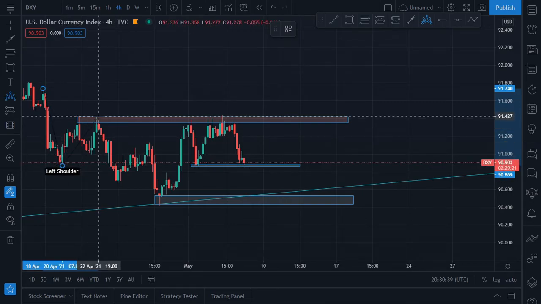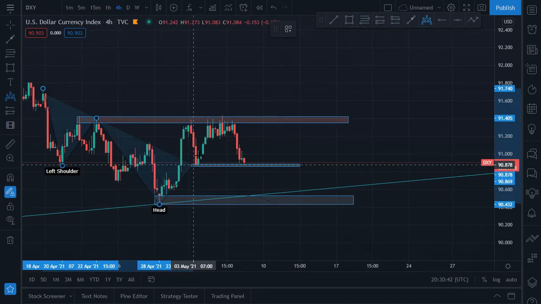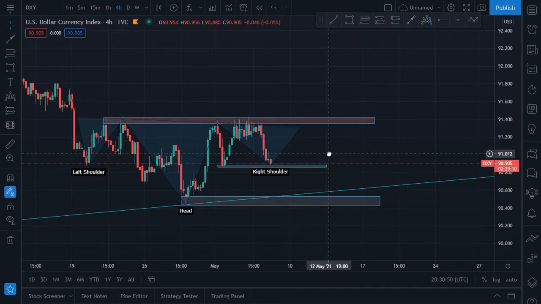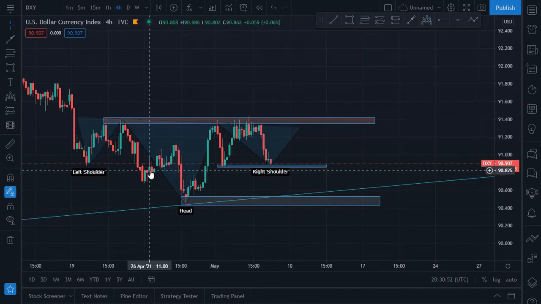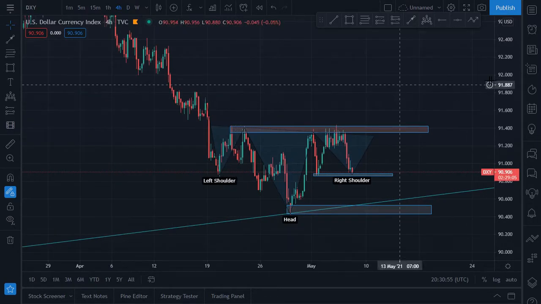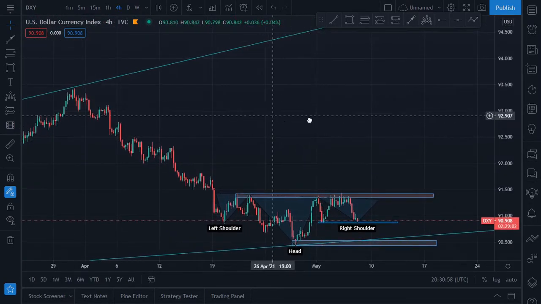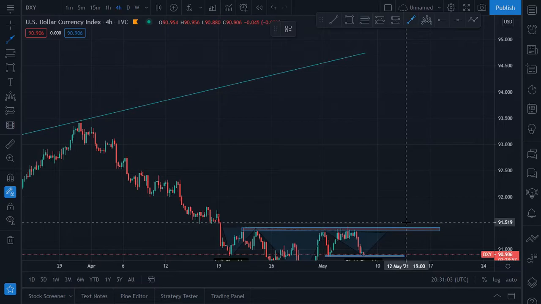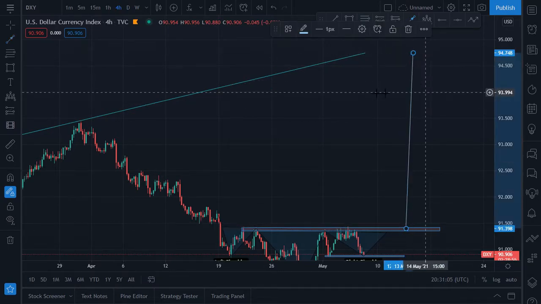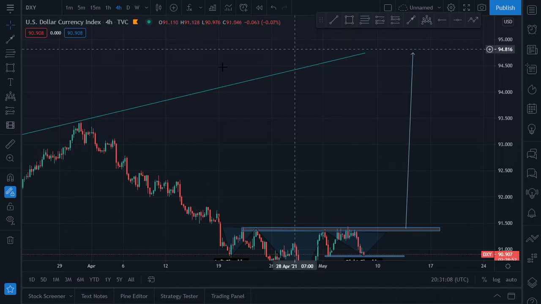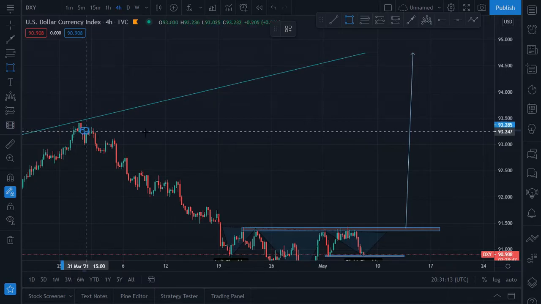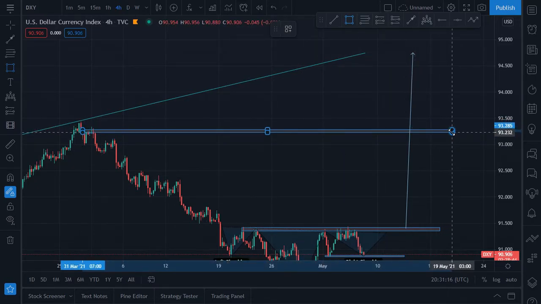We have our left shoulder, head, and our currently forming right shoulder. Yeah, this is more accurate than that previous one. Okay, so then the dollar index has a potential of reaching this high. Yes, highlight it like this with a rectangle. The dollar index has a potential of reaching this high,